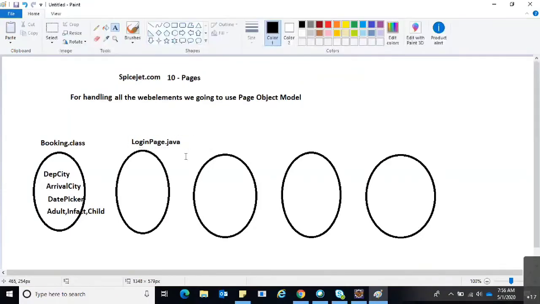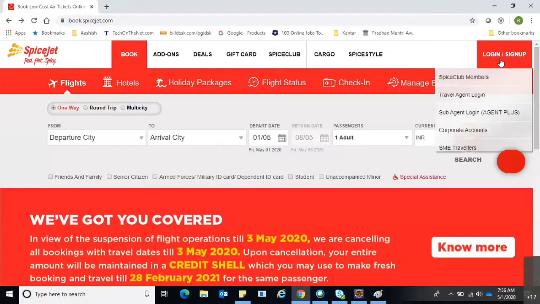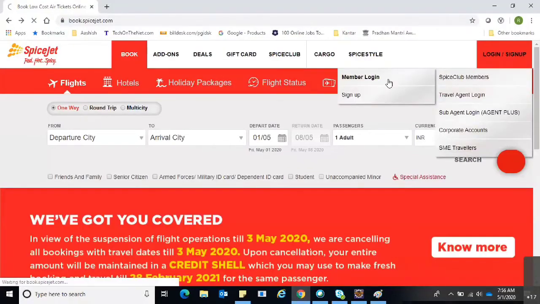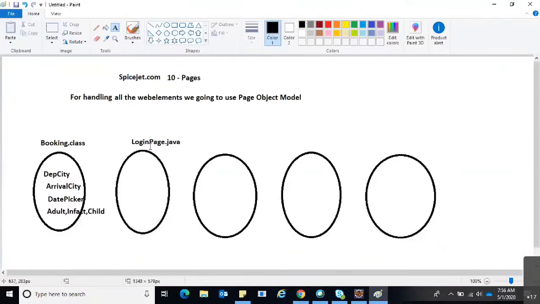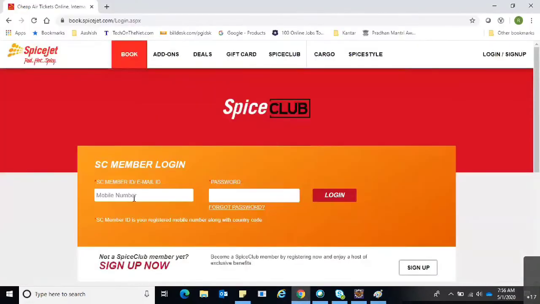When we go to the login page, we are not going to save the departure city and arrival city details in the login page because those are not related to it. Navigate to the login page here, that is member login. And here we have different web elements. So we're going to save all the web elements related to the login page in this LoginPage.java file.